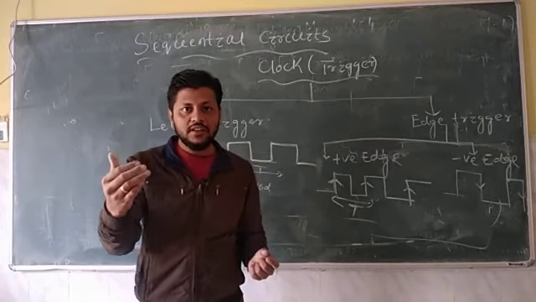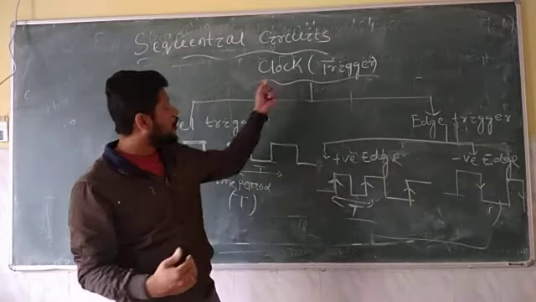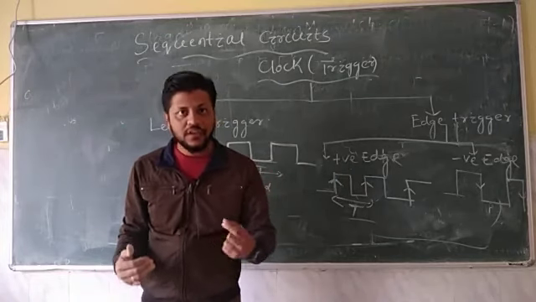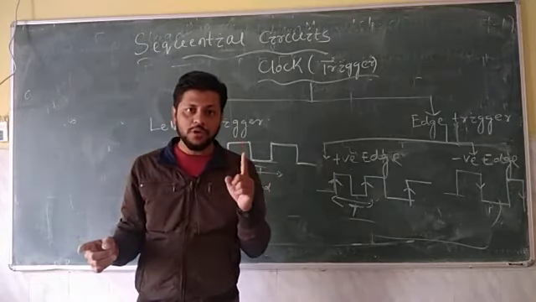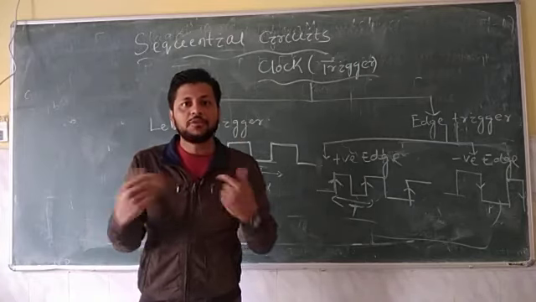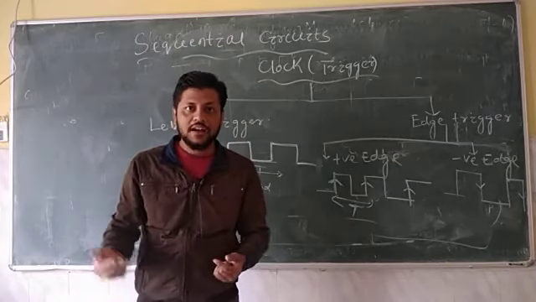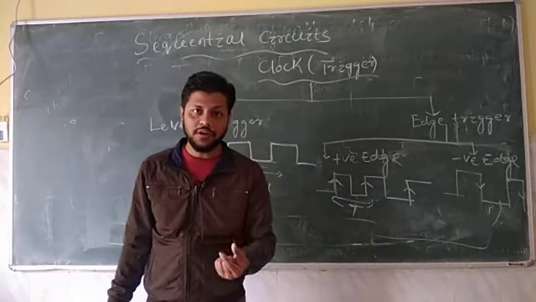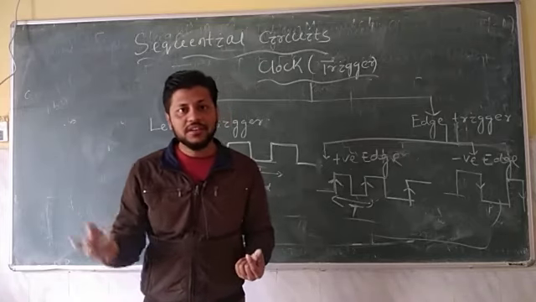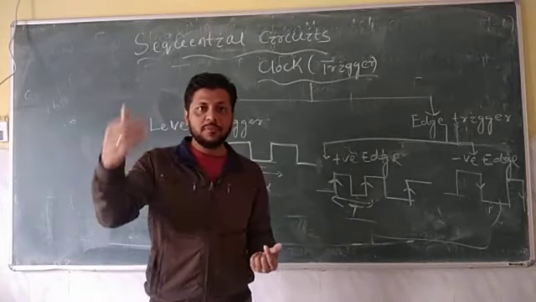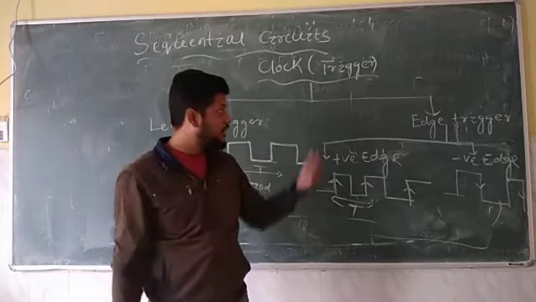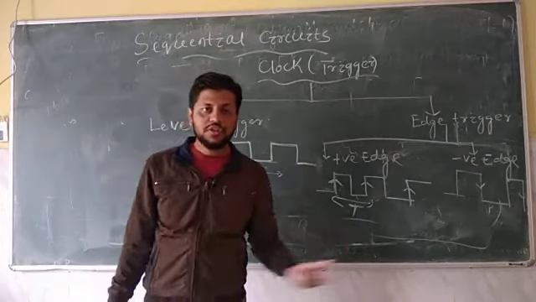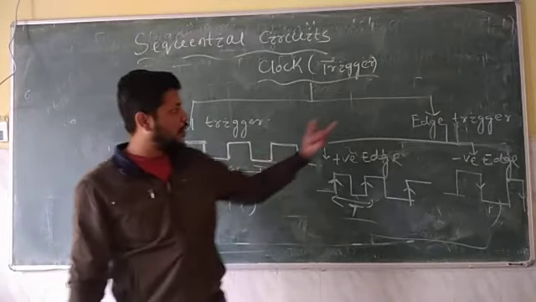In order to make the transition from 1 to 0, we need a clock signal. So clock means here a triggering signal. Because of this triggering signal, your output is connected to your input, and your circuit is going to respond to your input and change the output. That's why this circuit is also known as a bistable multivibrator. Bistable means both states are stable states. In order to make the transition from 1 to 0 or 0 to 1, we need some trigger signal, and that trigger signal is also known as your clock signal. So clock signal is of two types, level trigger or edge trigger.